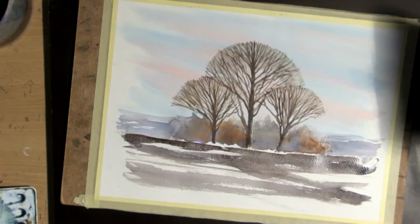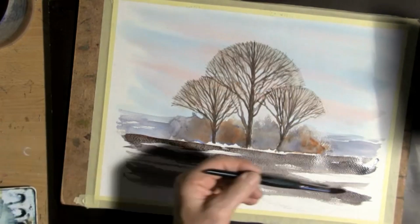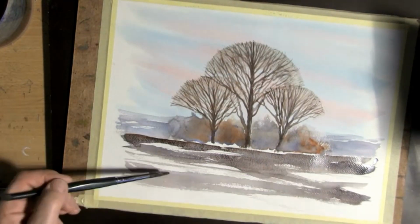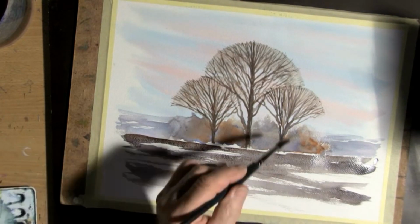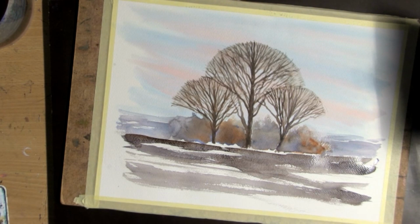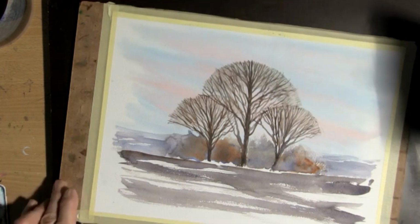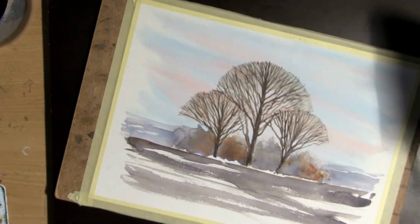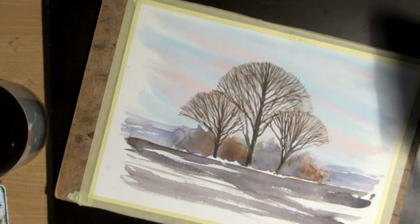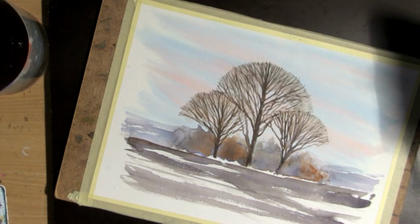If it's water, then I would give it a little blue color, as if the sky was reflecting in the water here. And then I would paint some reflections of the trees. Perhaps this is what I will do. But before I do all that, this has to be dry. Now this should be dry. And now I can take a little bit more. See, I'm just getting a little bit of